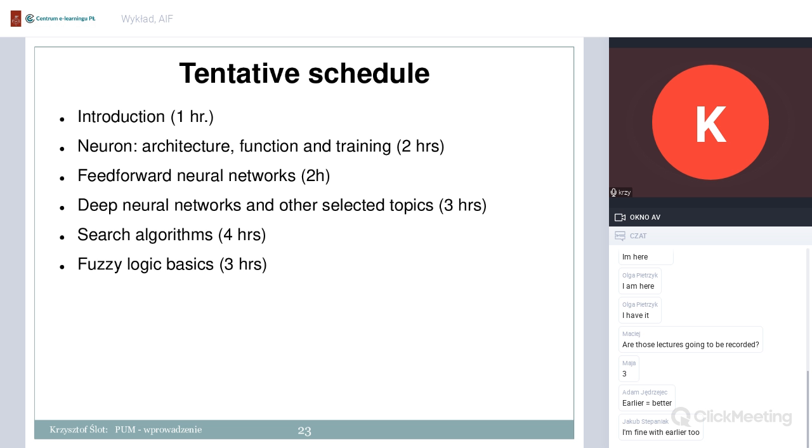And the tentative plan and schedule of the course will be this. The introduction is over. We are on time with this. And next we start talking about neural networks, and we begin with a single neuron. I'll show you architecture, function, training, and hopefully we'll be done with this single neuron in 2 hours. And then we will get to a little bit more complex stuff. We'll be combining these neurons and building networks.